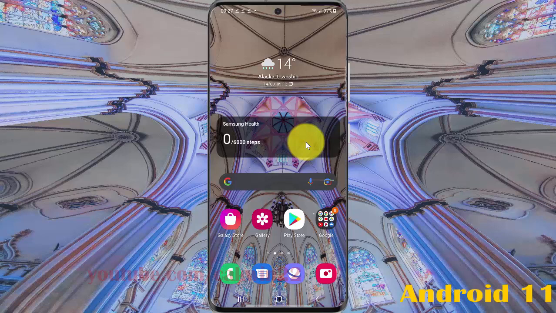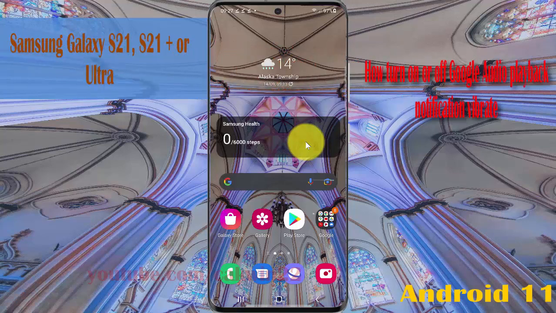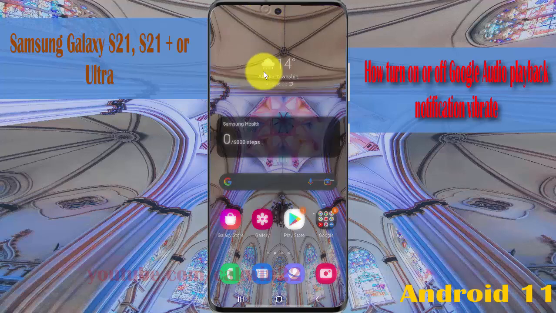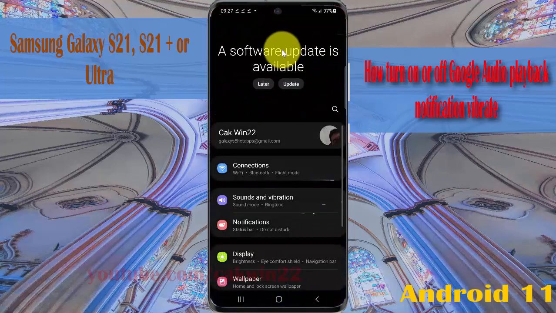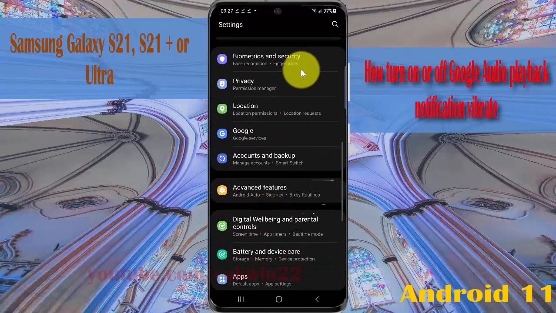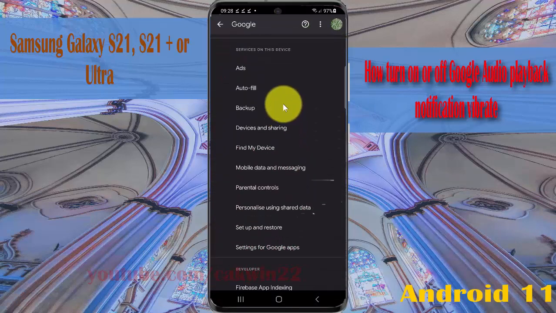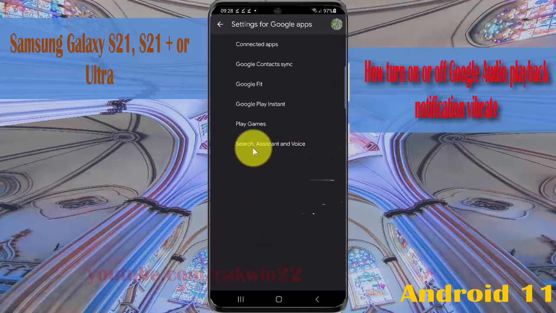To turn on or turn off Google Audio Playback notification vibrate in Samsung Galaxy S21, S21 Plus or S21 Ultra, open settings, swipe the notification panel, and then the settings icon, scroll down settings screen, find Google, and then tap Google services, and then scroll down screen, tap settings for Google apps, and then tap search assistant